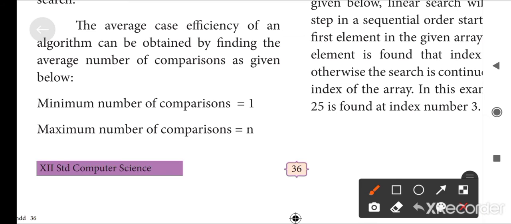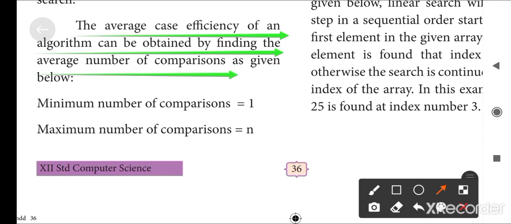The final one is the average case. The average case efficiency of an algorithm can be obtained by finding the average number of comparisons, as given below. The minimum number of comparisons is equal to 1.